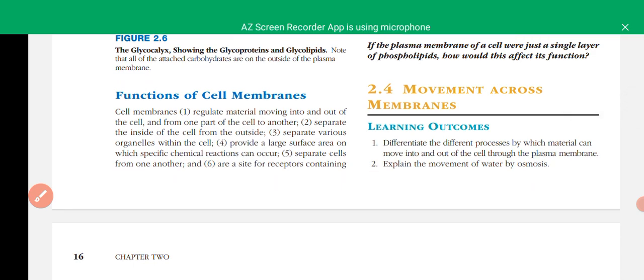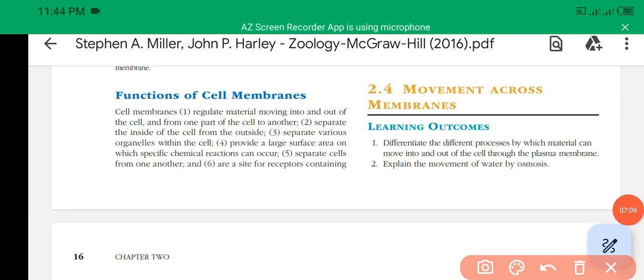They provide a large surface area where many chemical reactions take place, like the mitochondrial membranes, which host a large number of particular reactions we will study later, like fatty acid oxidation,